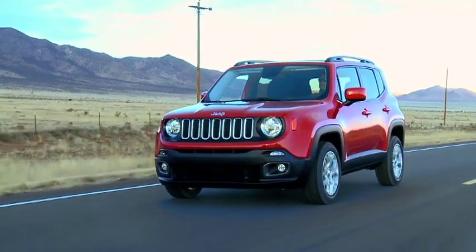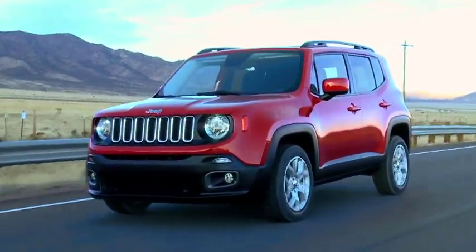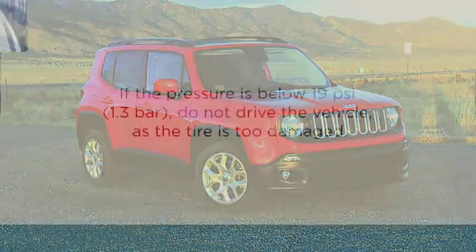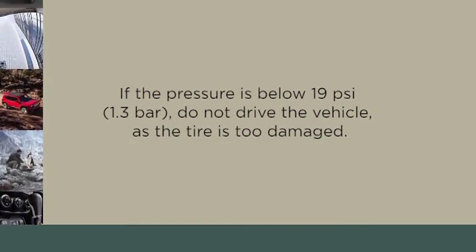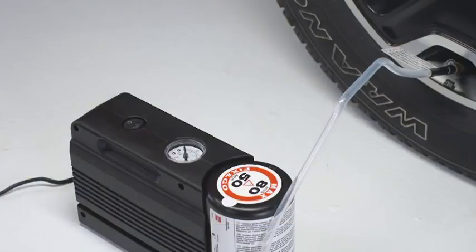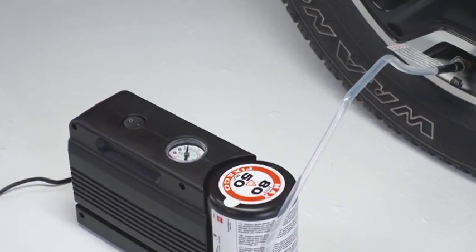When the correct pressure has been reached, start driving the vehicle to uniformly distribute the sealant inside the tire. After 10 minutes, stop and check the tire pressure. If the pressure is below 19 psi, 1.3 bar, do not drive the vehicle, as the tire is too damaged. Contact the nearest authorized dealer. If the pressure is at 19 psi, 1.3 bar, or above, repeat the inflation process to reach the correct tire